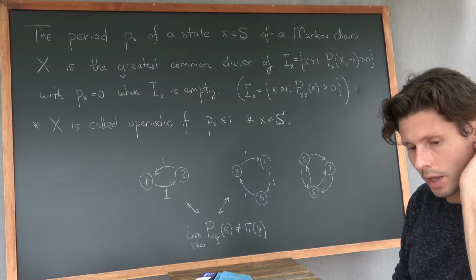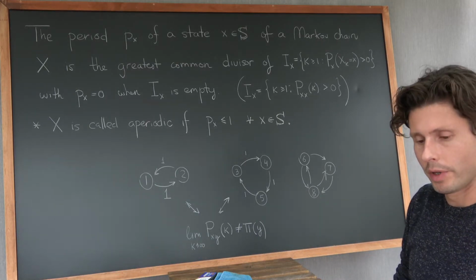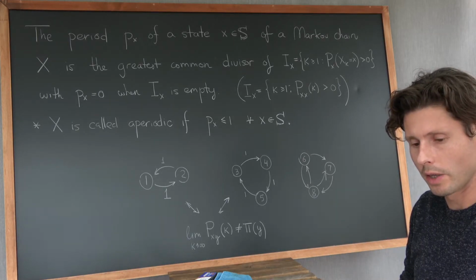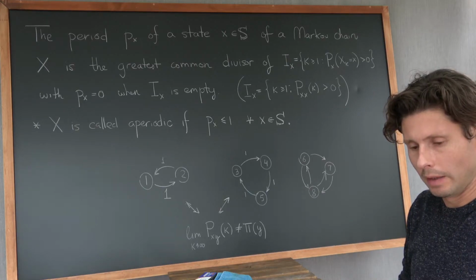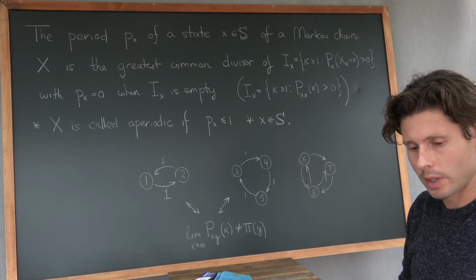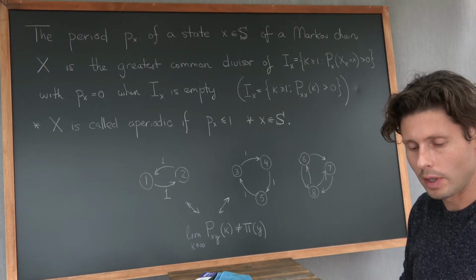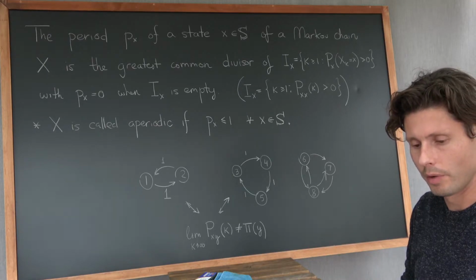But it's a small point having to do with notation. So a chain is aperiodic if every single period is less than or equal to 1, which basically says that the period of every state is either 1 or you never come back to it. There's a trick to make a chain aperiodic, but before that, let's look at some examples of periodic chains.